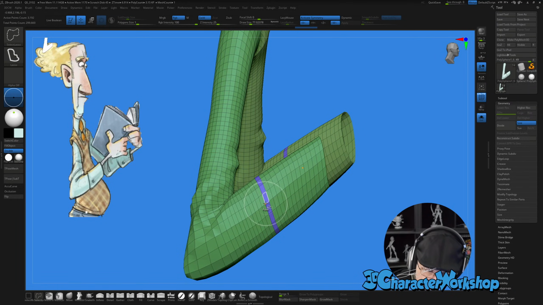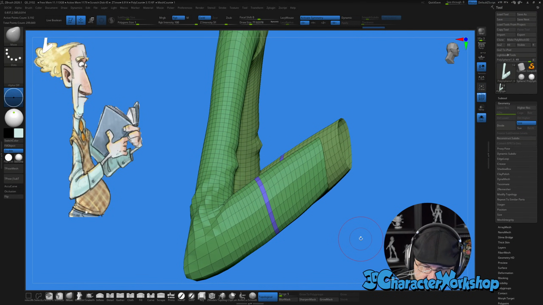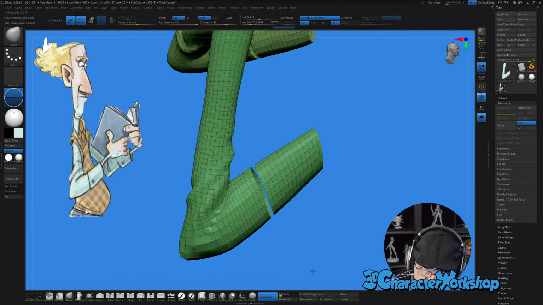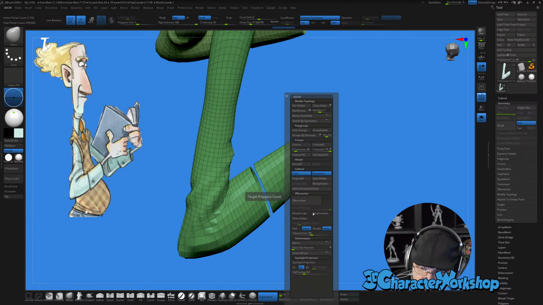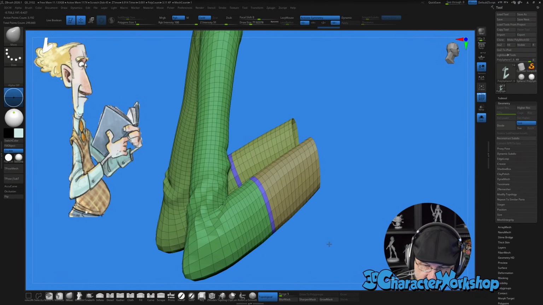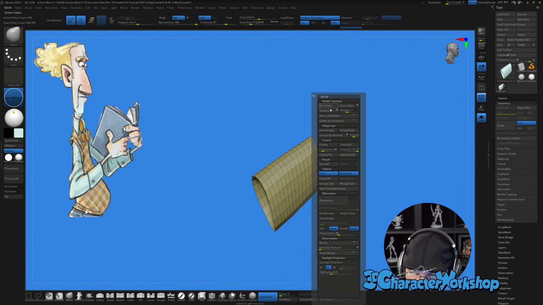I do this over and over all the time. I don't know why auto groups didn't put these in separate groups. Oh, there it goes. Okay. That's what I wanted. I just want this. Delete hidden, mirror and weld.